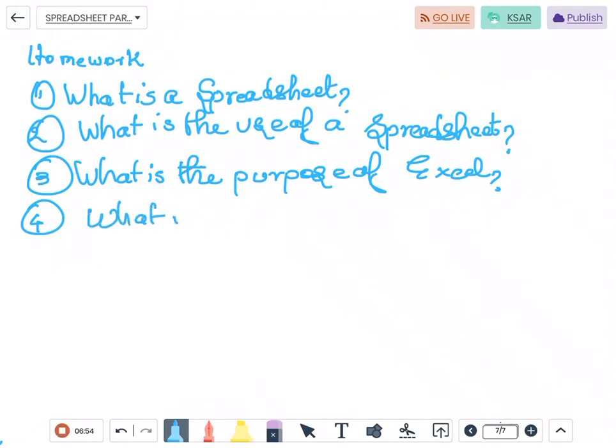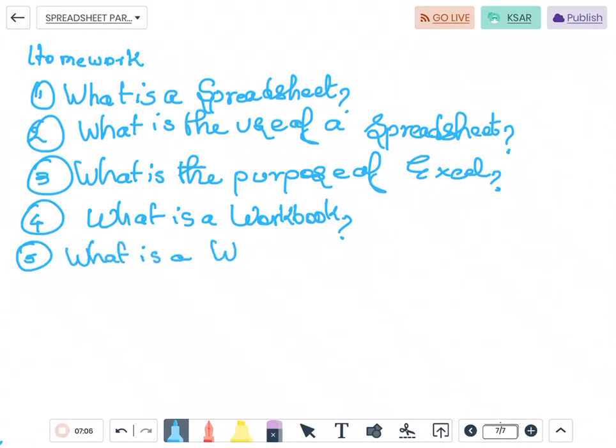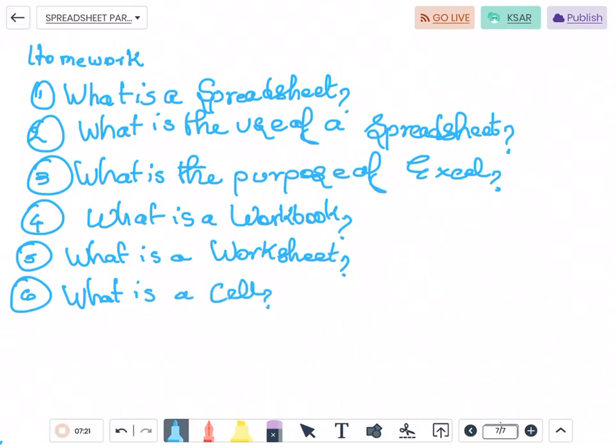What is a workbook? What is a worksheet? What is a cell? Give example.